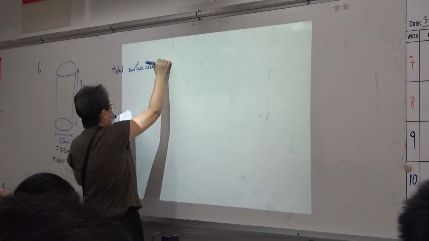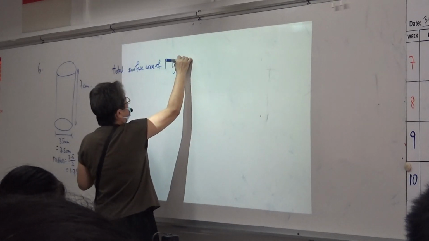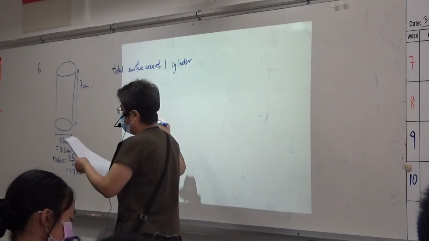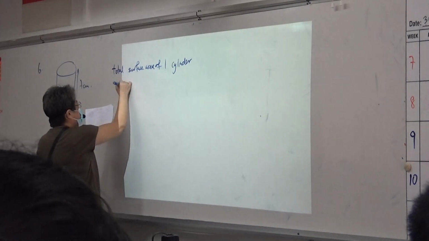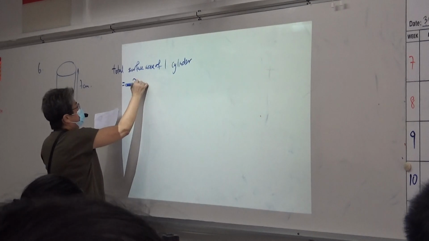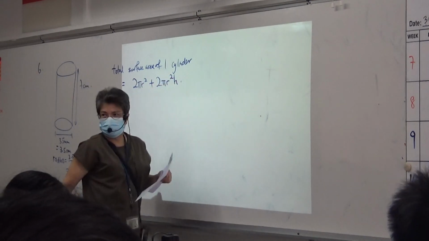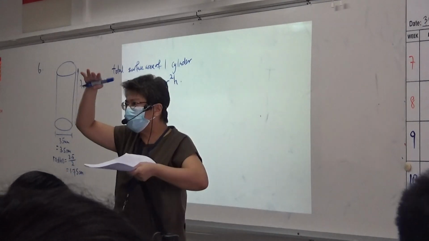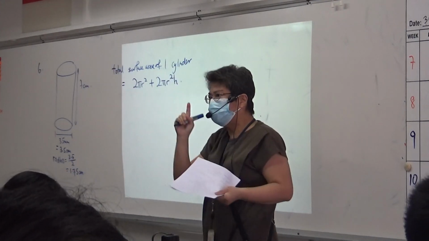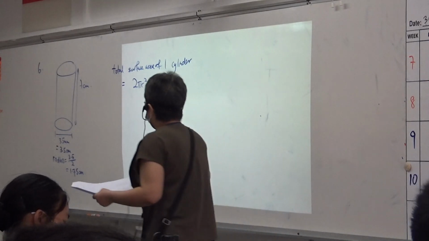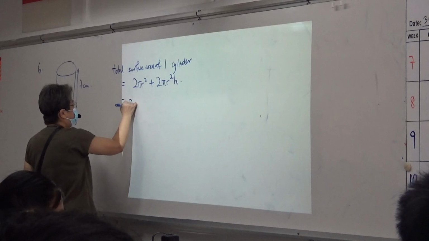Okay. Now, first of all, I find the total surface area of one cylinder. If you want to find all 200 at the same time, it's also okay. But I want to find one cylinder first. So, 2 pi r squared plus 2 pi r h. Now, how come got pi r squared times 2? Because it's a closed cylinder. Got top and bottom. Is that clear? So, you will have